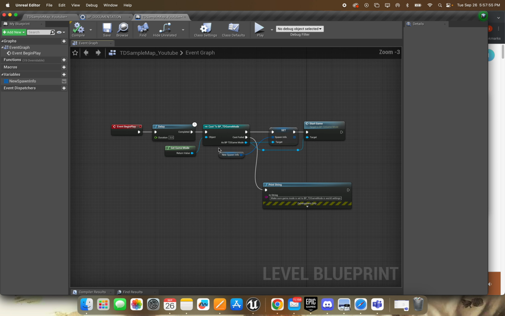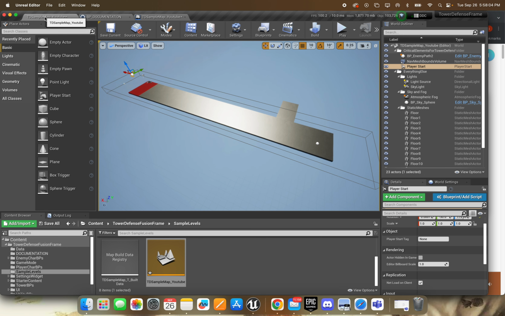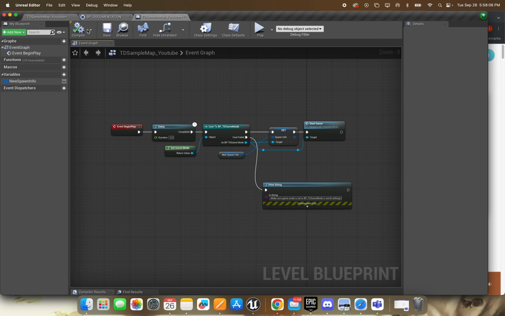So whenever you make a new map, here's how you can set that, or you can of course just set that default on the actual TD game mode. So yeah, now that this map is made, we just need an entry point. So if you go over to UI, here's the map selection,